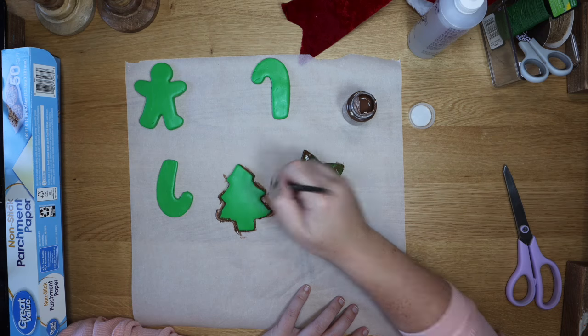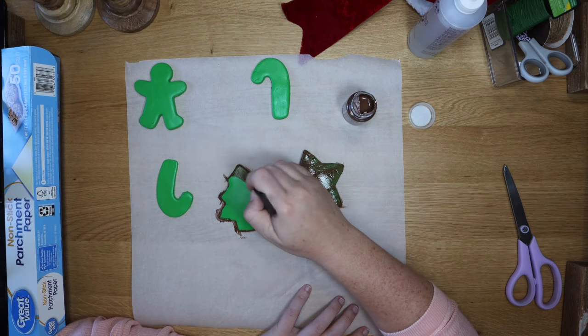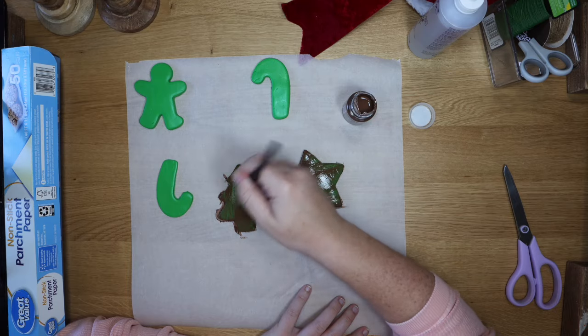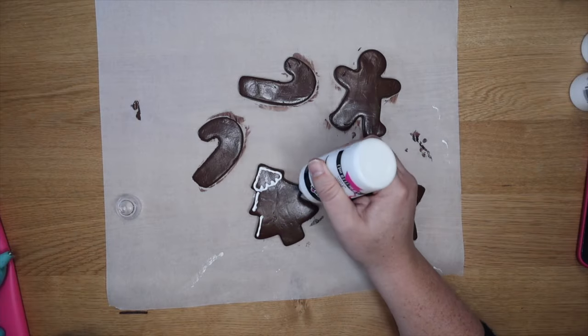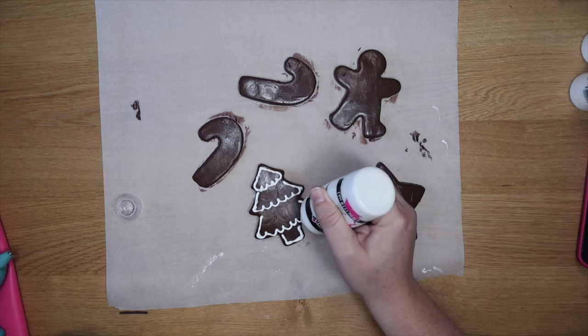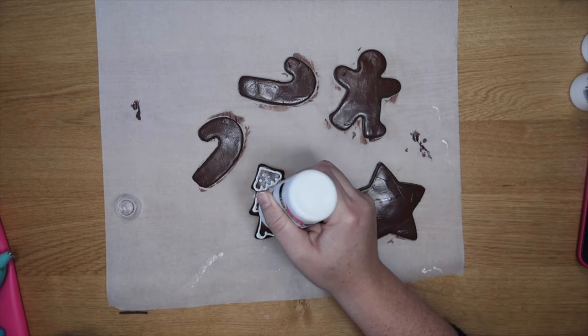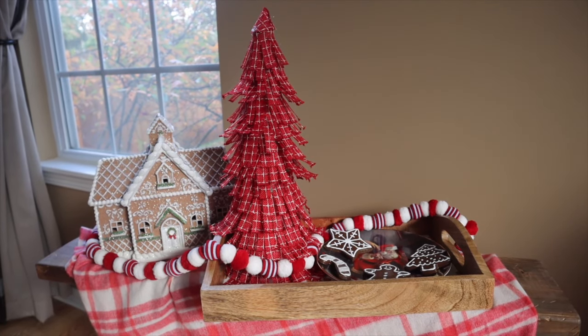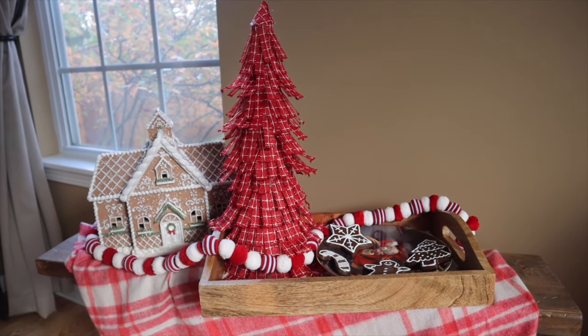So I was like, we're going to press on, because at this point we're just going to press on. I went through with some brown paint and had to paint three to four coats on these. But once I did, they finally started to look like the color of cookies, and they did dry out a little bit. The paint also helped. Then I used my puff paint, same stuff that I used earlier on the wreath, added all of the same details to my faux cookies, and placed them on a cute little Santa Claus plate